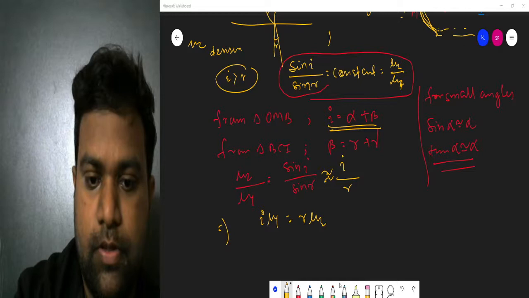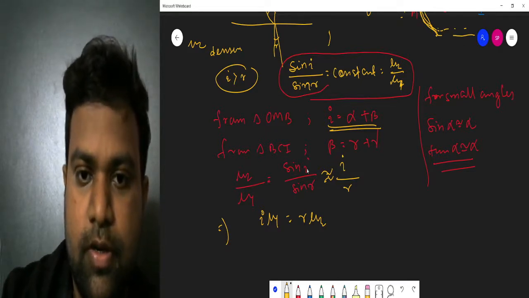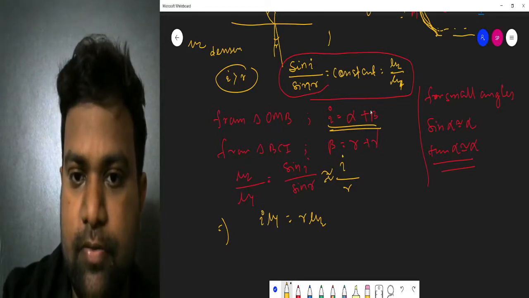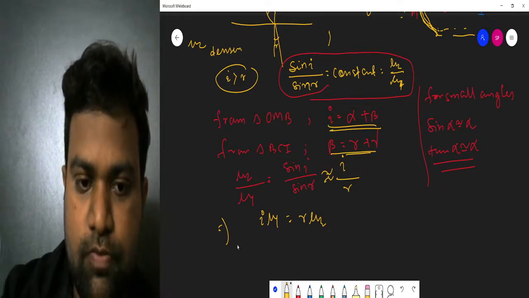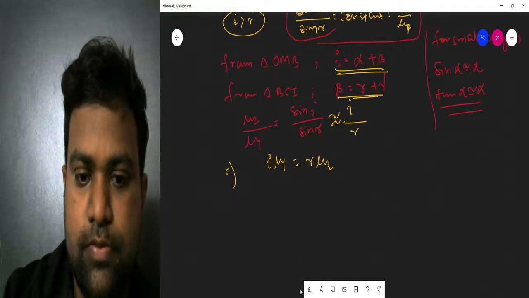You can now put the value of I and R from these two equations. So if you put, you will get like this: